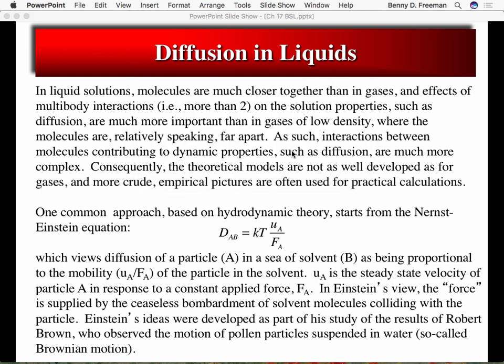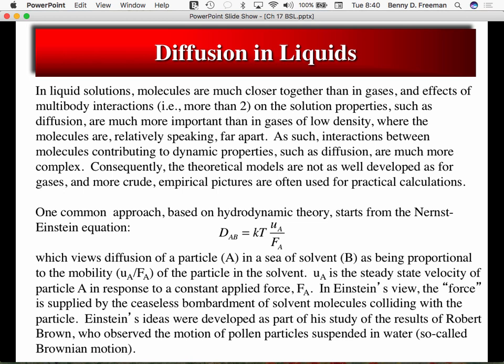In liquid systems, the molecules are in much closer proximity. The density of liquids is often about 1,000 times that in gases, and the molecular understanding and models available for this are not nearly as well developed. A common approach, which is based on hydrodynamic theory, starts from the Nernst-Einstein equation, where the diffusion coefficient is related to the average velocity of a particle A through a mixture of A and B, and